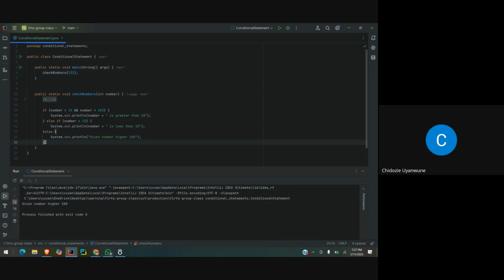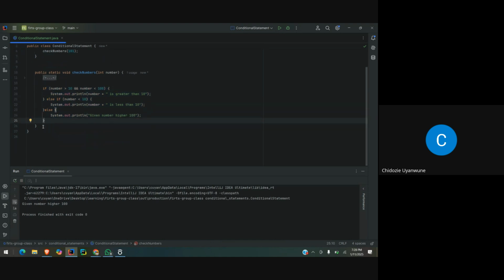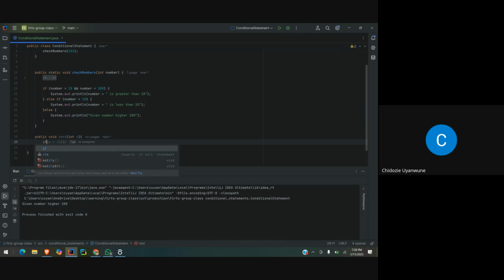So this is, I will say, the ideal way of writing if statements in Java. But I have seen people that do their if statements like this. Let me just do public void test, let's say int x. So they do their if statements like this. If this one, take action. Some people do it without else. It's accepted, but that's not the ideal way